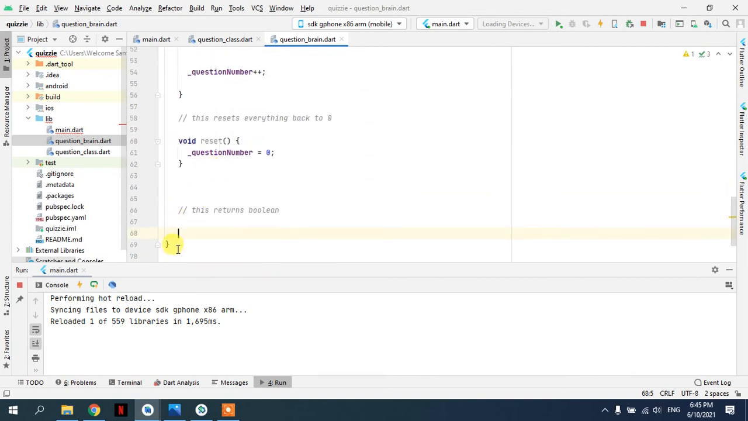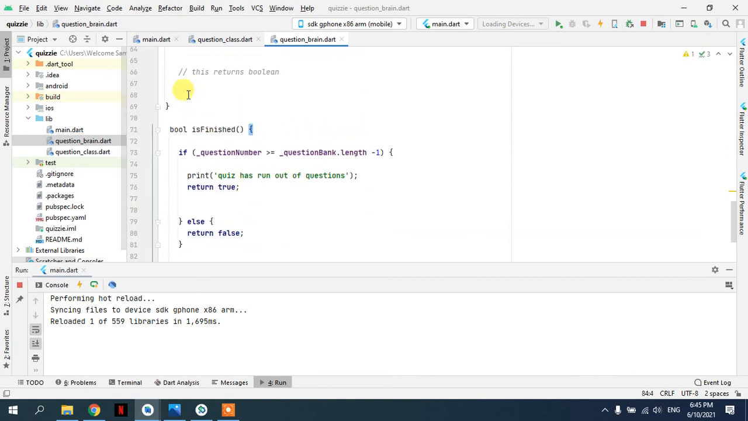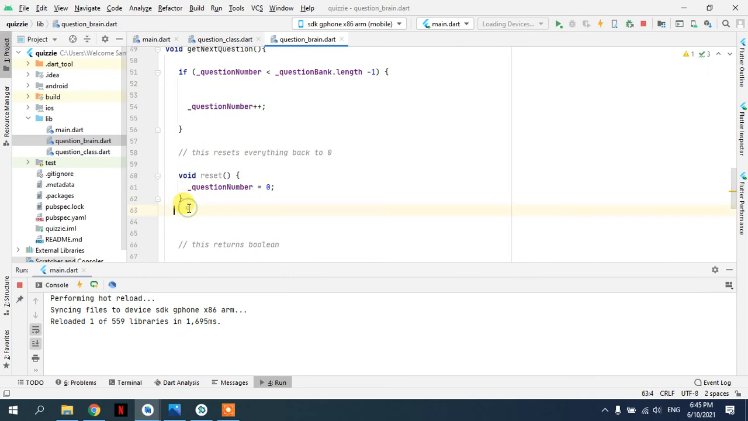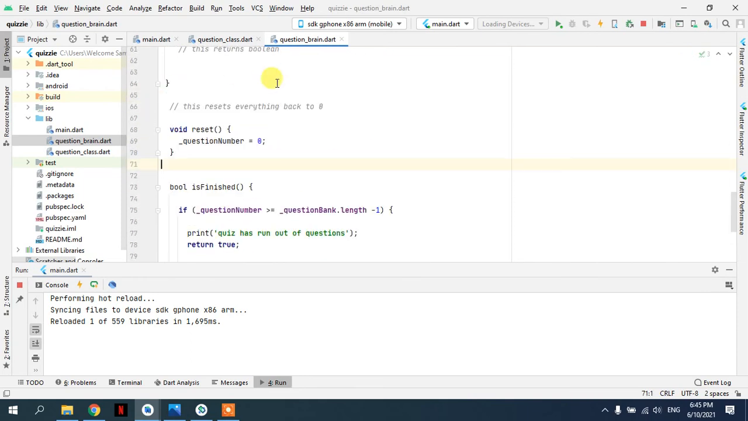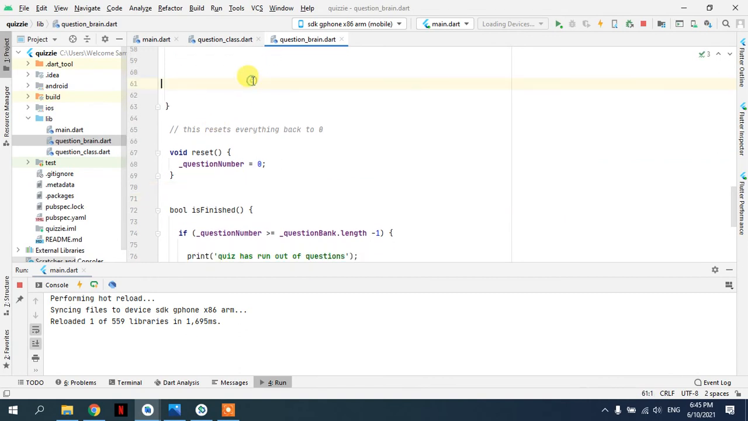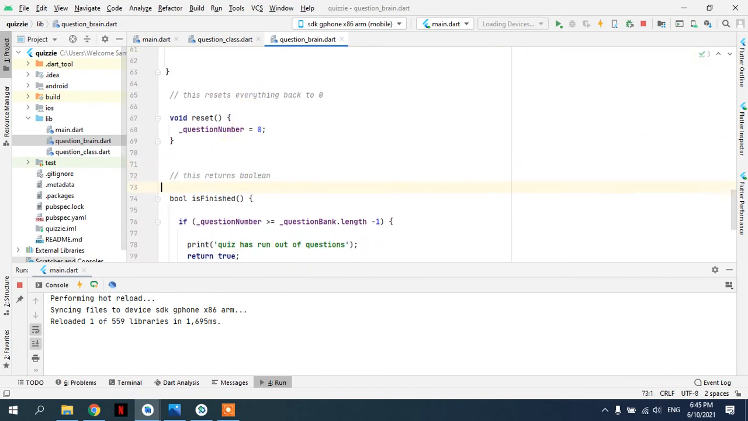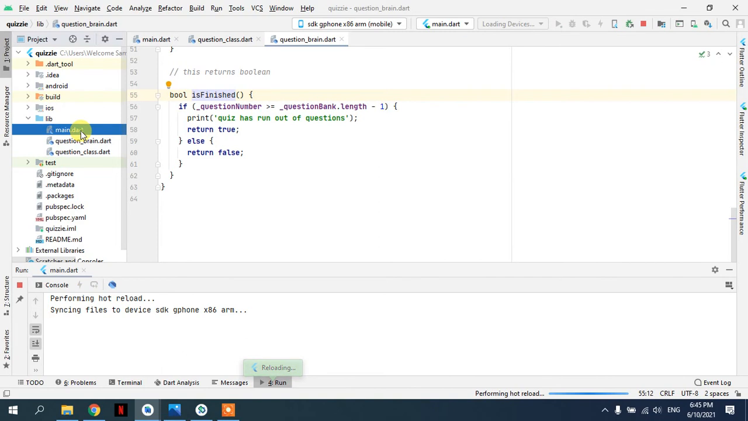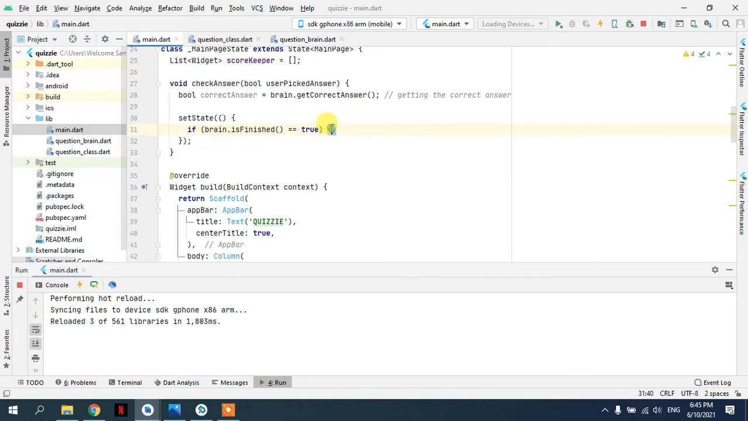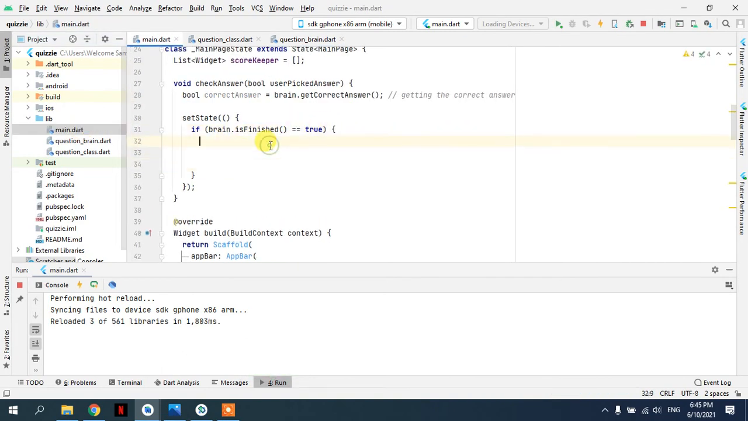Okay, so there is a problem. I need to get this method out of here, and also this method. Okay, so let's go in here. If the boolean isFinished is true, it means the quiz has finished. What we want to display is